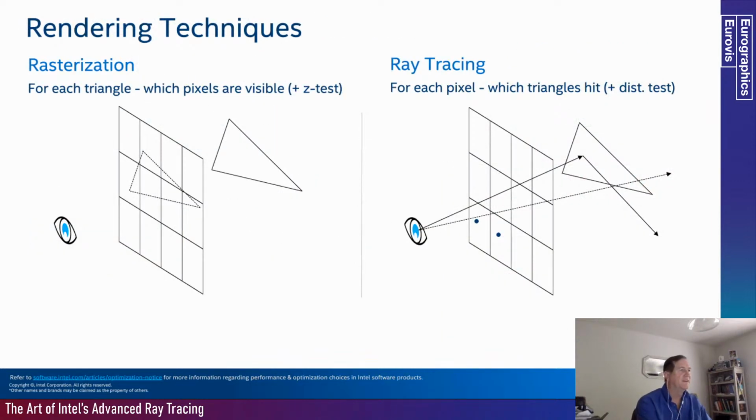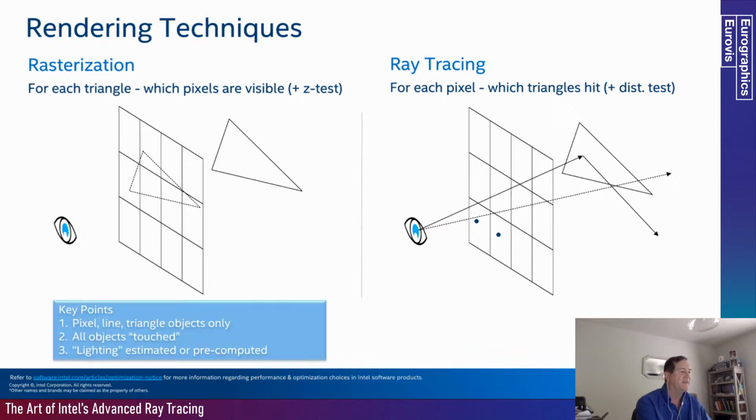Real quick overview of the rendering techniques that we'll talk about. And I won't go too fast. Rasterization: long time, highly optimized. It operates with pixels, lines, and objects, mainly triangles, and all the objects go through a pipeline. And while it's getting quite a few tricks and methods for lighting, it's still kind of an estimated, imperfect